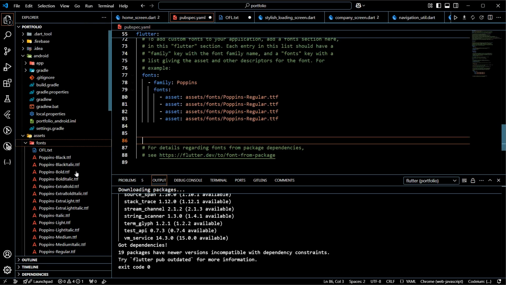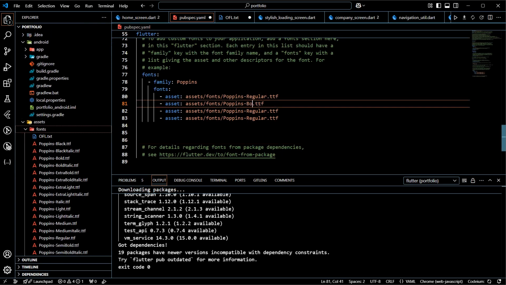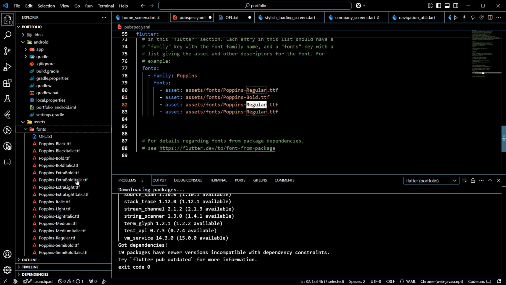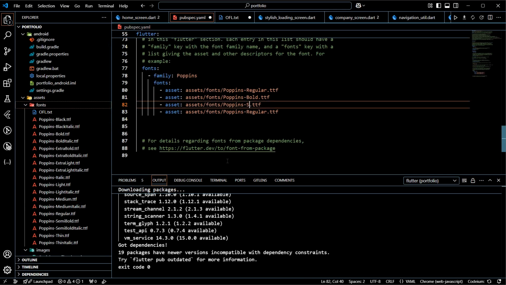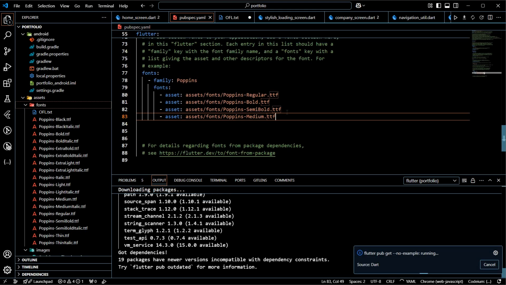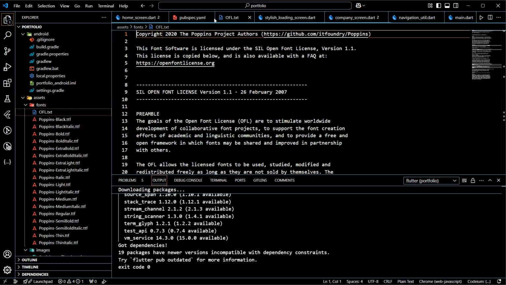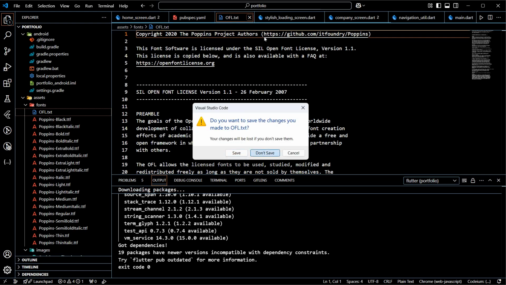So now I will go with regular and bold and semi-bold, and then with medium. So I defined this. Now, if you want to use Poppins throughout your project, like in the whole project, you can go